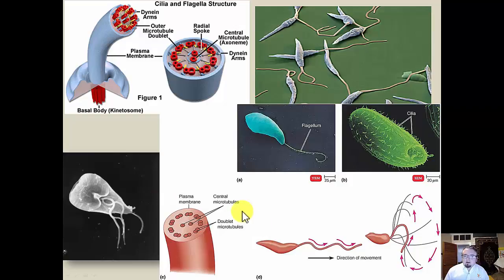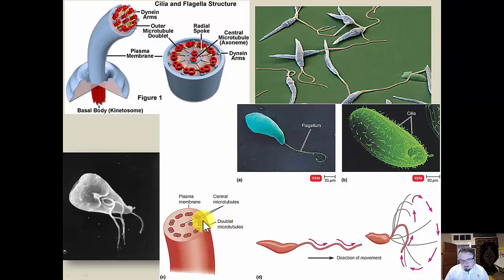The eukaryotic flagella is much more complex. So this is a side view of the flagella extending out from the membrane. When you look at it inside, it's actually got these structures here, which are the microtubules, shown in a series, which is what we refer to as the 9+2. Here's another figure showing the microtubules, what's called central and double microtubules.